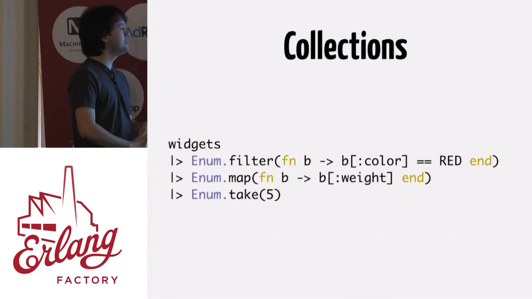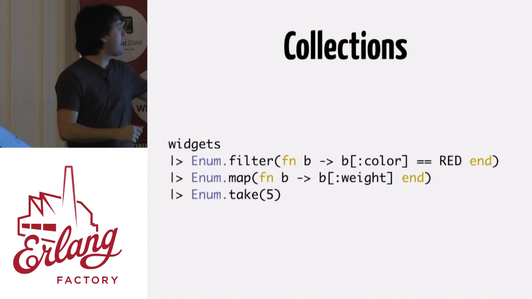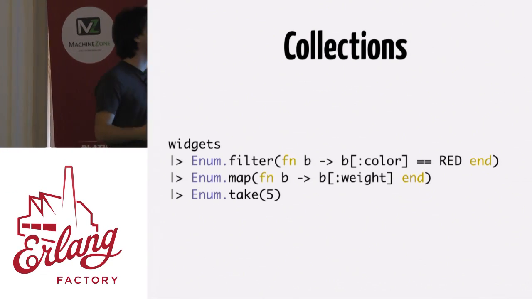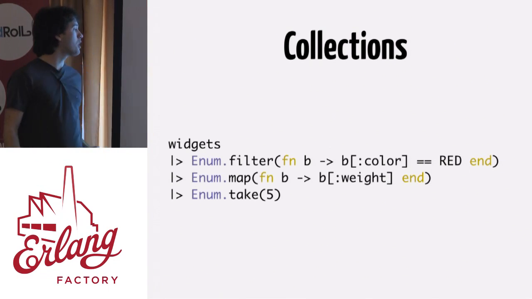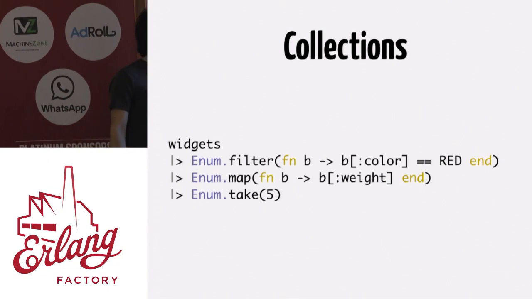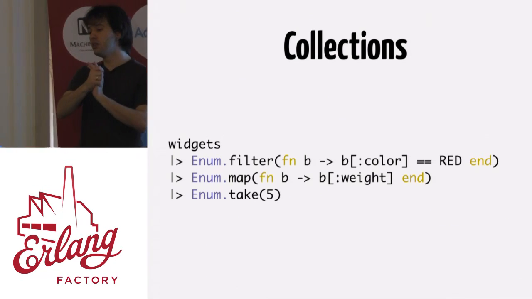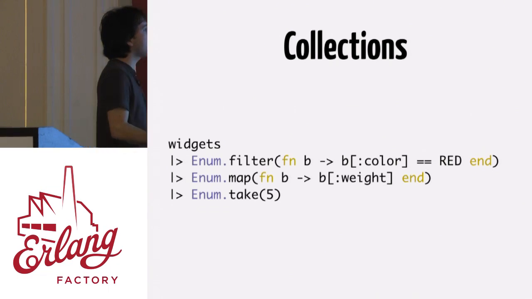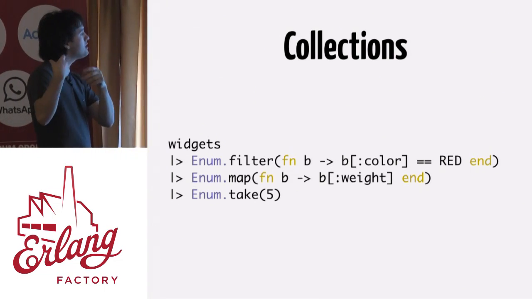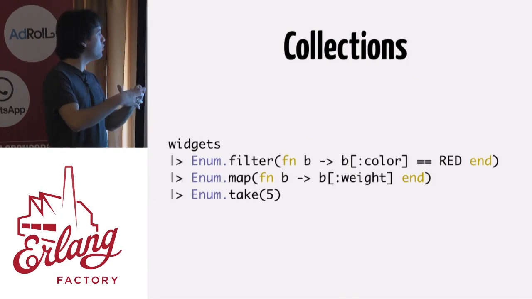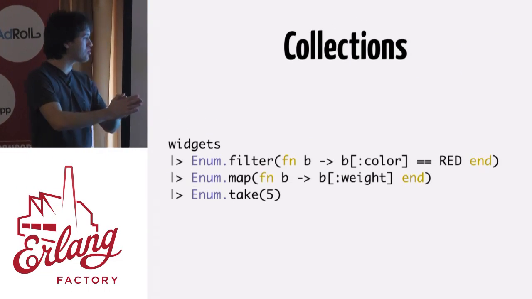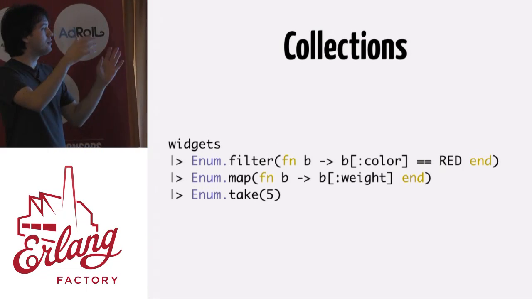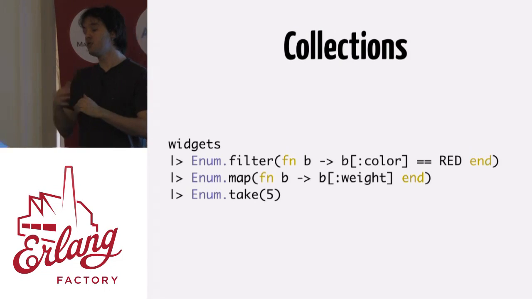We had that Java 8 code, and this is kind of how we would translate it to Elixir. We have a widget, which is a list, and then we want to filter, calling the enum functions we talked about before, right? So we want to filter only the ones that are red, and then we want to get the weight, okay? And we want to take, for example, the first 5, okay? So those are collections, and those collections are eager, right? They have the same issue that we had in the Java code, in the sense that if widgets is a large list, when I call filter, it's going to traverse the whole list and create another list in memory. When we call map, it's going to, again, traverse the filtered list and create another list in memory, and so on.